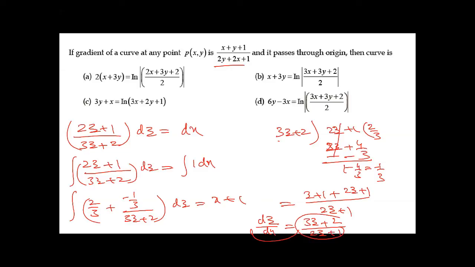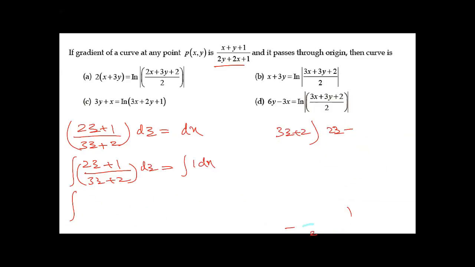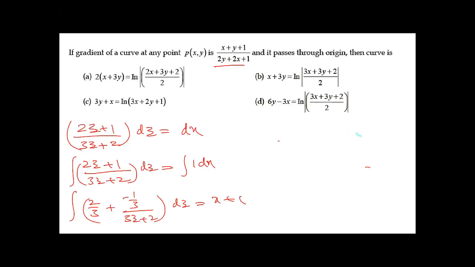to x plus c. The integral of 1 is x only, you know already. So you can do the long division method. Just multiply by 2 by 3, the 3 cancels, 2z comes, 2 into 4 by 3 comes. You can subtract. Z terms are cancelled. 1 minus 4 by 3 is minus 1 by 3 comes. Now we can divide separately, that means you can integrate each term separately. So 2 by 3 outside dz minus 1 by 3, 1 by 3z plus 2 dz equal to x plus c.